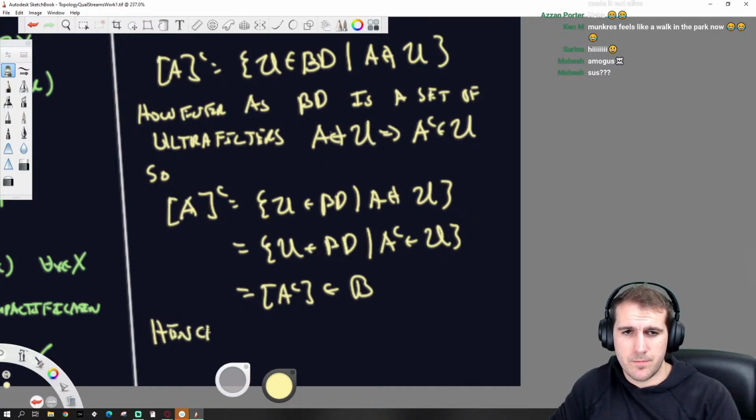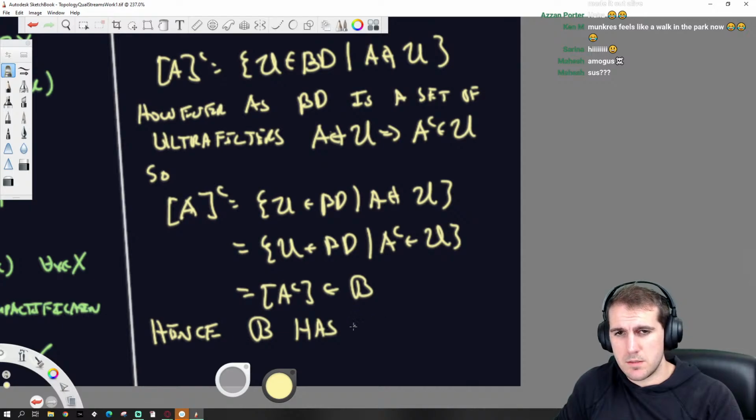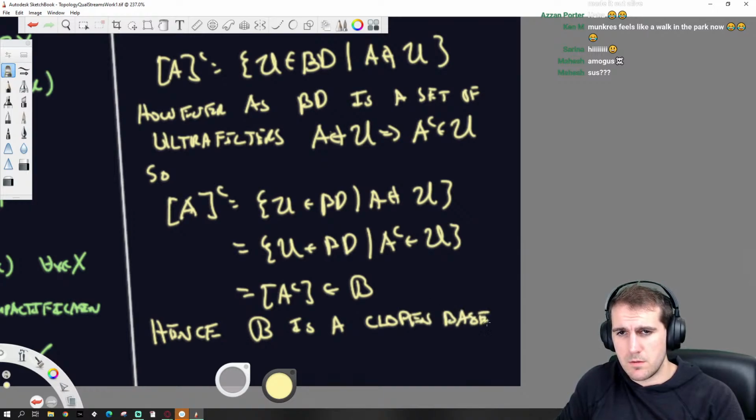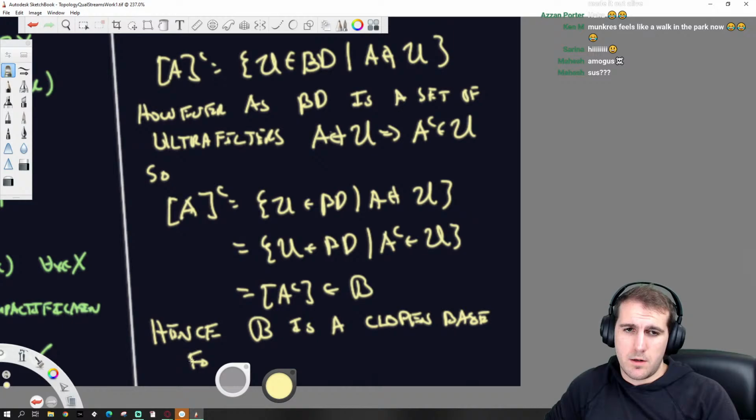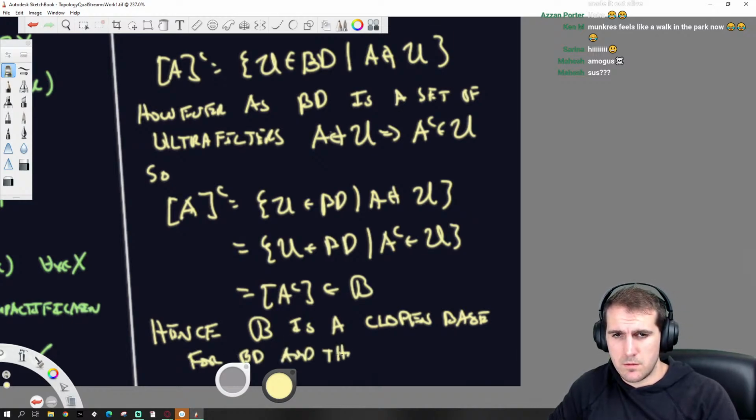Hence, beta D has a Clopen base, and thus beta D is zero dimensional.